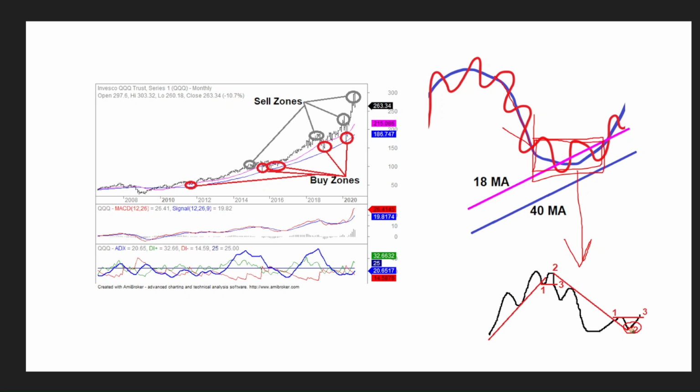And if we get a test that looks good, we can buy the 2, the higher low of the 2, before it turns into a new uptrend. Now, the 2 here is a little different than what I'm talking about with the stage 2. This is actually a 1, 2, 3 reversal, and the 2 is the test of the low, as opposed to waiting for the trend to turn to the upside.